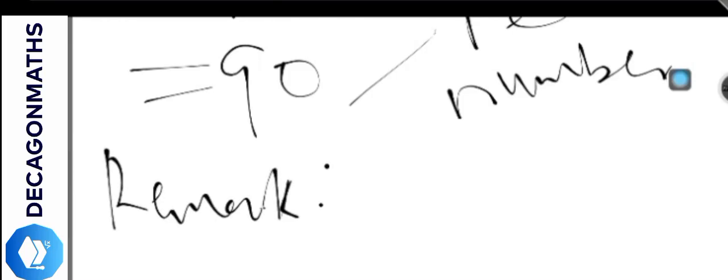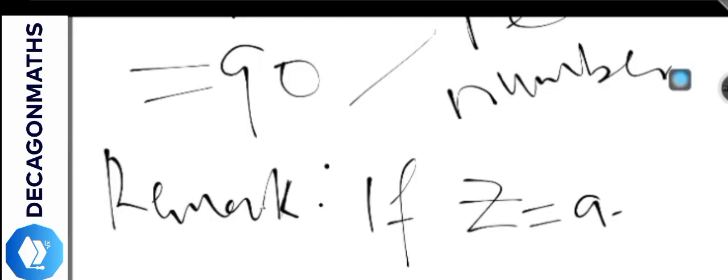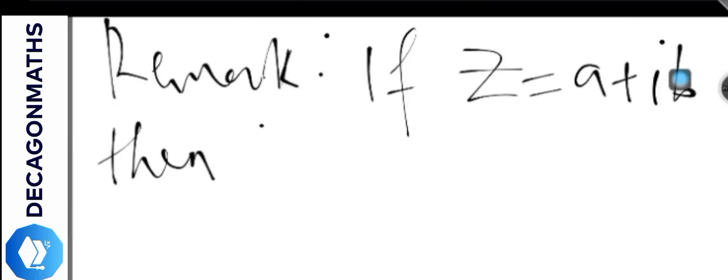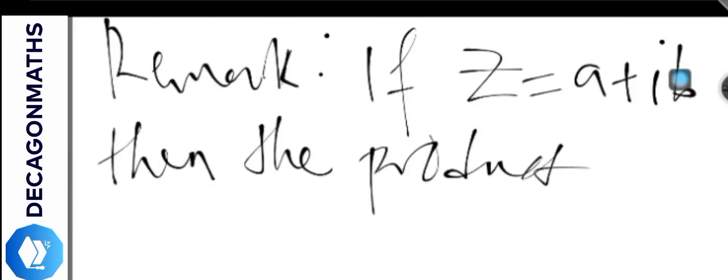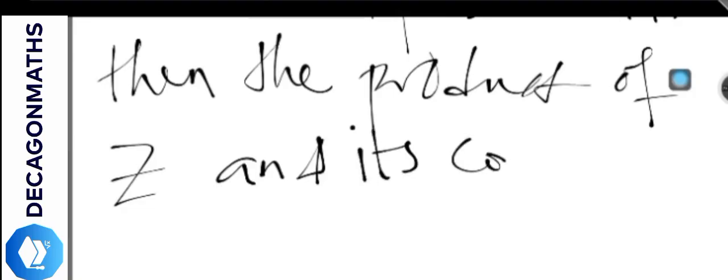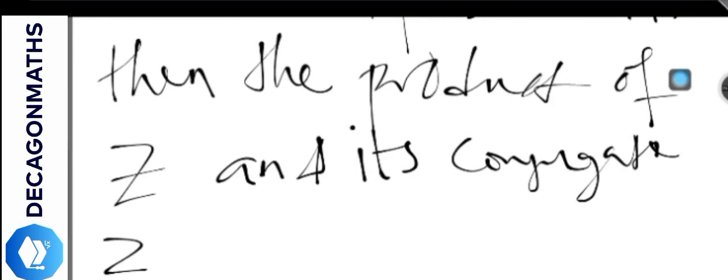Our remark is that if z equals a plus ib, then the product of z and its conjugate, which we know would be z bar, will be